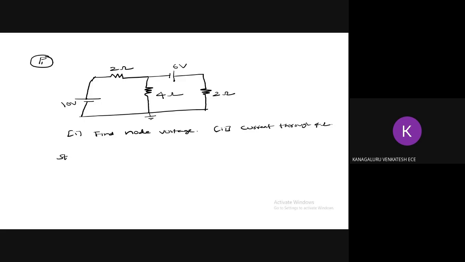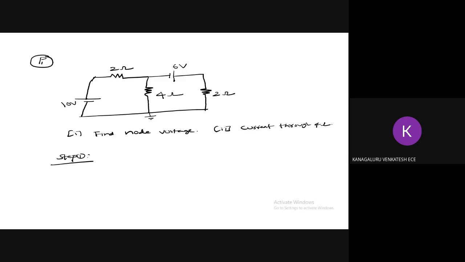Sir, what is our step one? Identifying the number of nodes. Tell me how many nodes are there in the given circuit? Can someone respond? One, sir. One node is there. See here, the interconnection of three or more branches can be called a node. Interconnection of two branches is specifically called a principal node, while the interconnection of three or more we call a node.